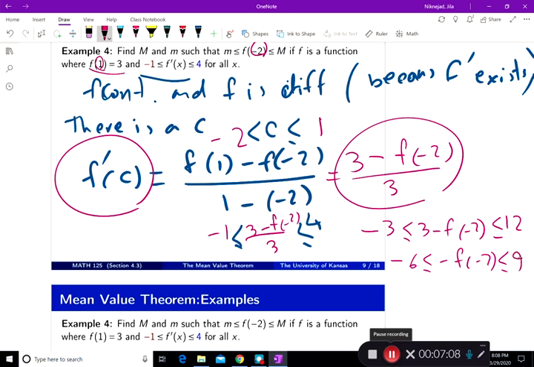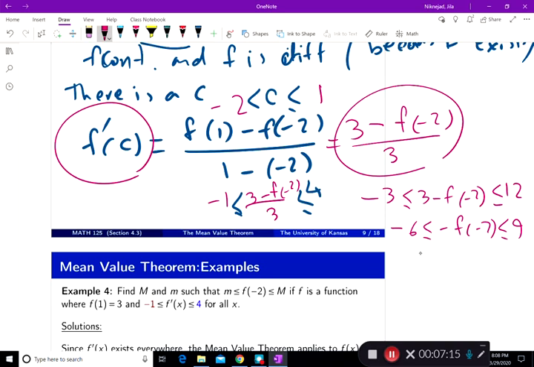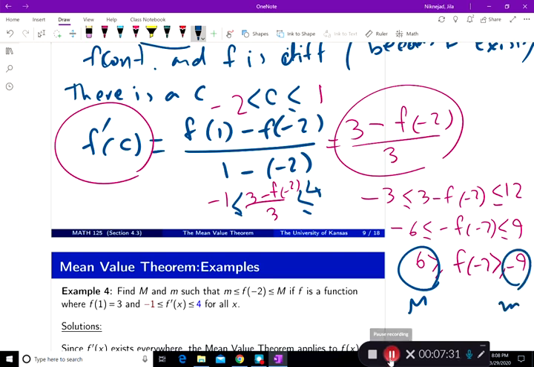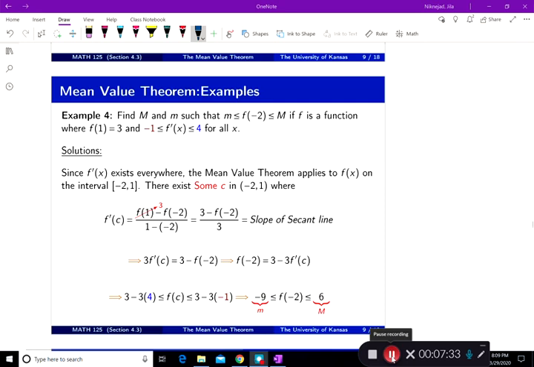Then I can multiply all of them by a negative sign, switch the sign, and I get 6 is greater than or equal to f of -2, which is greater than or equal to -9. This says this is the capital M, and this is the lowercase m. So basically, using the bounds for f prime and the knowledge of mean value theorem, I found that f of -2 is between